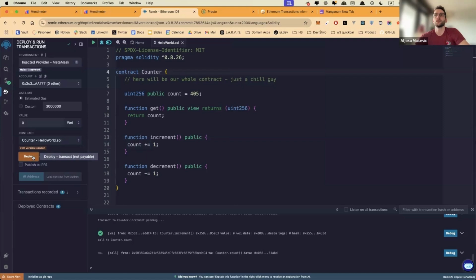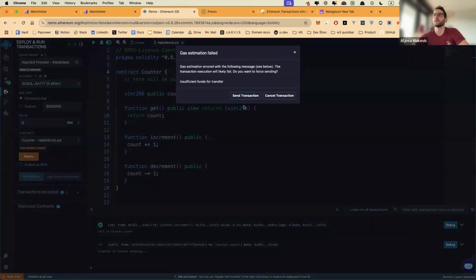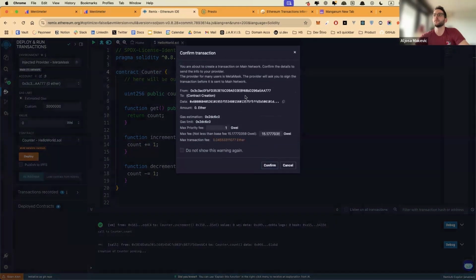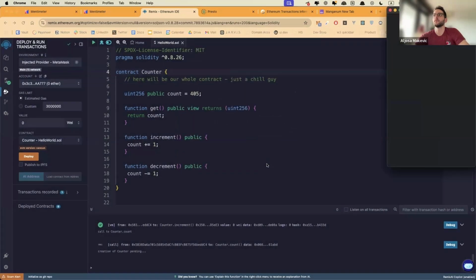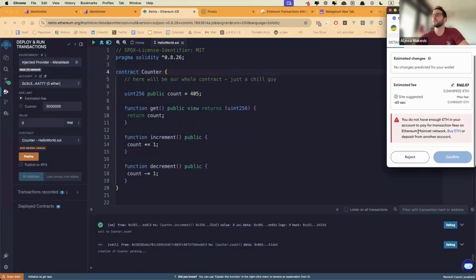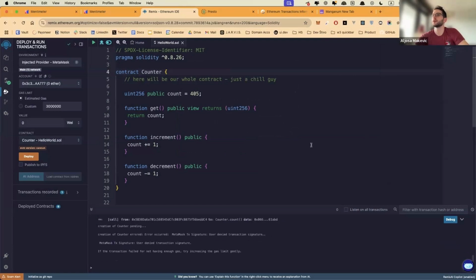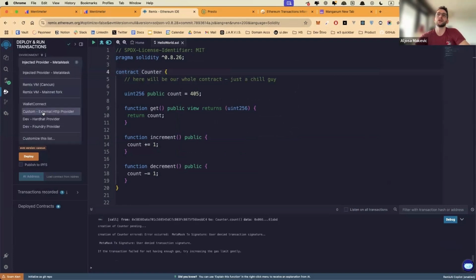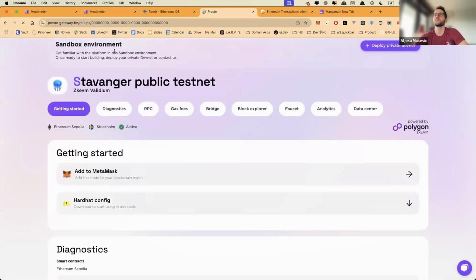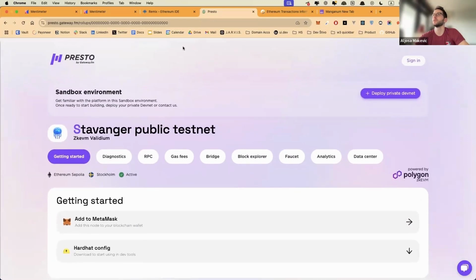And then I can deploy it. I could deploy it if I did have enough ETH in my account, but I don't, and that's okay. But what I wanted to tell you, the custom chain won't really be here. So I'm gonna log out for a second.